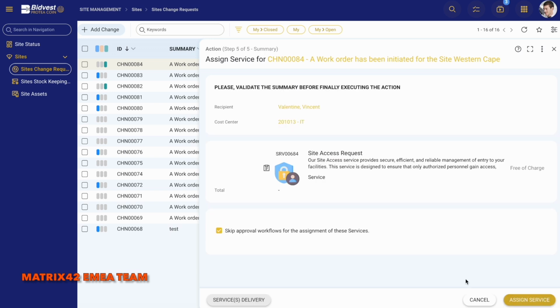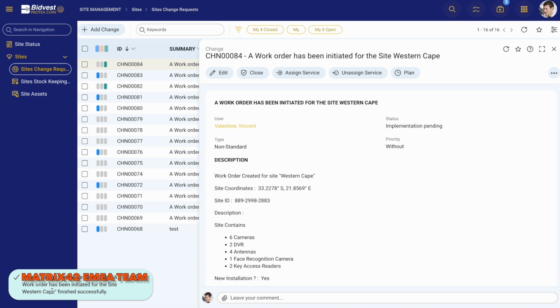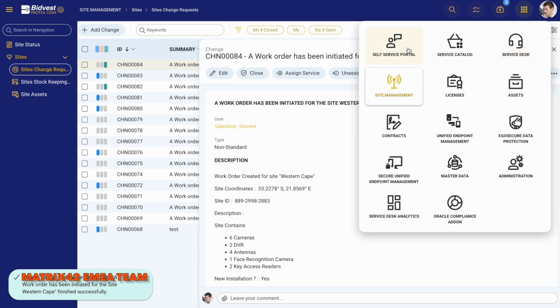and we can push forward, as well as we can have an approval for this service itself, which is also a good thing to have. But for the testing purposes, I'm just gonna keep it as a skip. And we assign a service for this technician. Now this will also trigger a workflow,